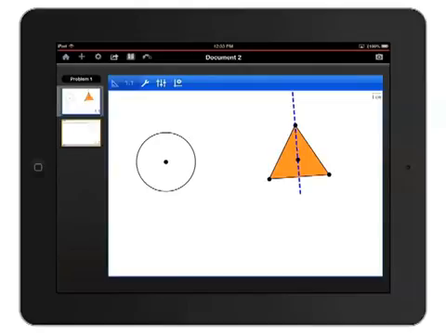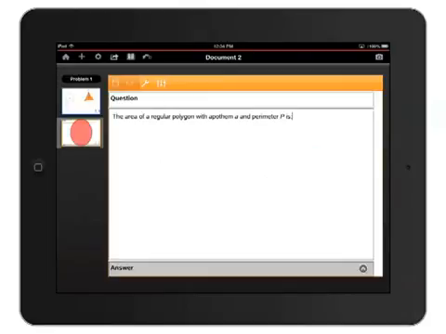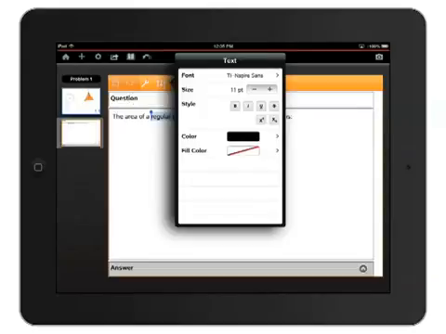Let's jump over to my Notes page by tapping it in the page sorter on the left side of the screen. Here, I've got some text entered into the Q&A template. I'll touch and hold a word to select it, and then touch and drag one of the blue handles to select additional words. Now I'll tap that Attributes panel, and you can see attributes that are specific to formatting text,